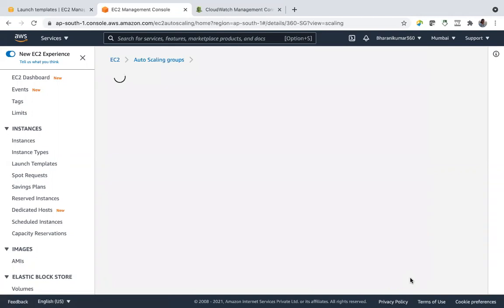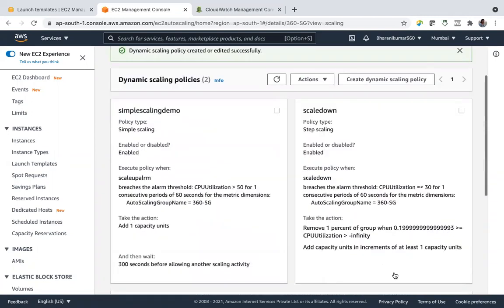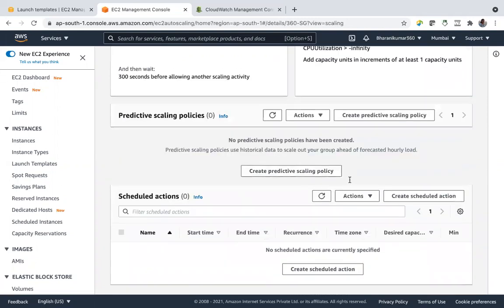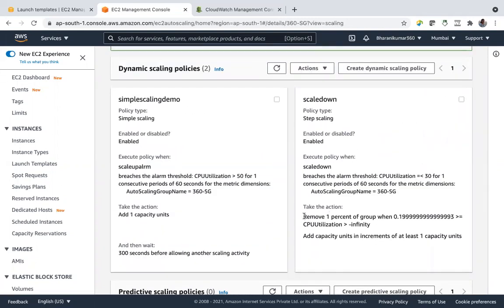Okay, update. And let's see now what it has to do. It has to scale down automatically, terminate my instance. Take an action when CPU utilization is greater than or equal to this. Why we have set it, because I already know that servers are using 0.3 utilization only. That's why on purpose I have given this much low value.